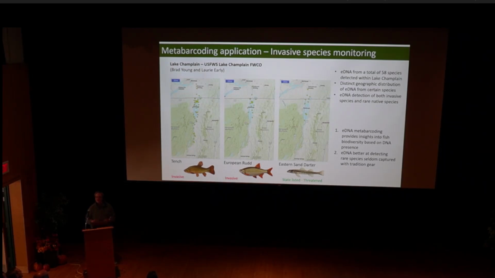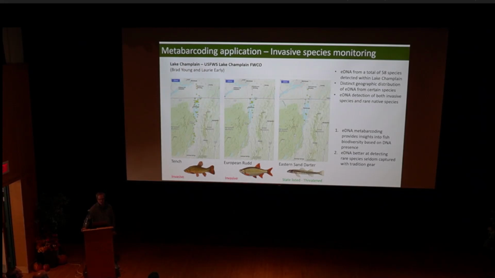But through the process of doing that work, we're getting data back for tench. We can see that tench DNA is pretty much throughout the Lake Champlain system. European ruffe is also invasive, but it seems to be relegated maybe more to the northern part of the system. So you're getting additional data on all those invasive species, but you're also picking up some stuff with the native